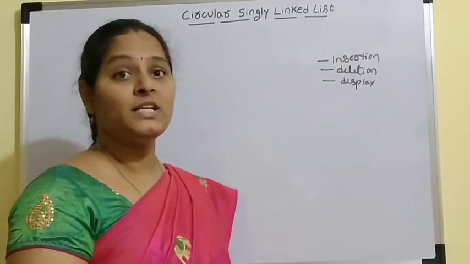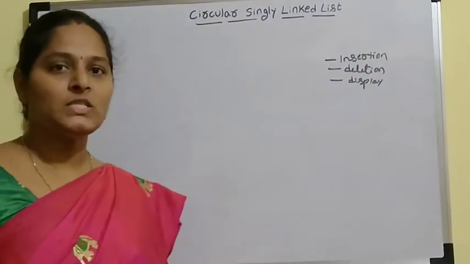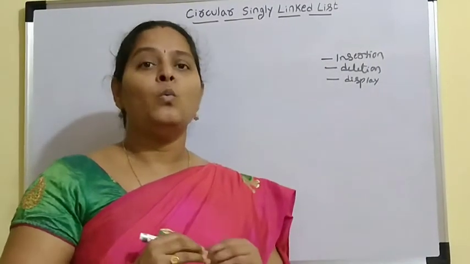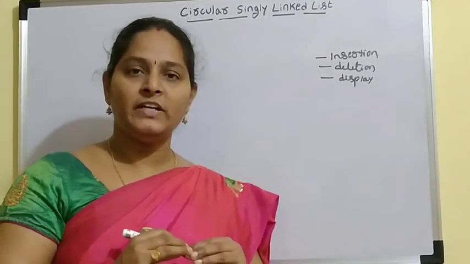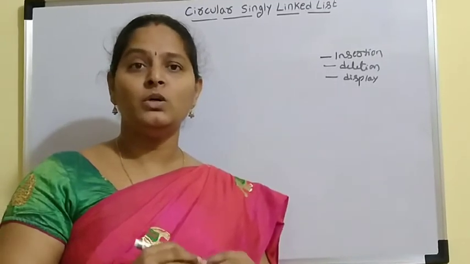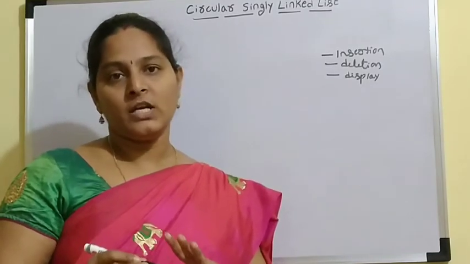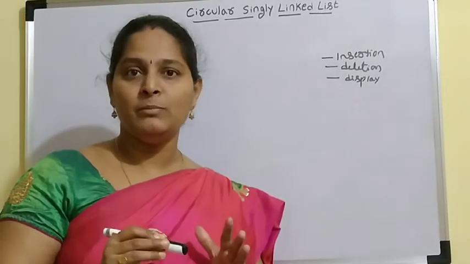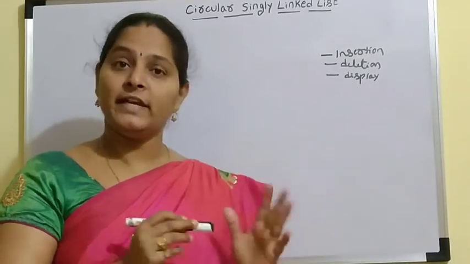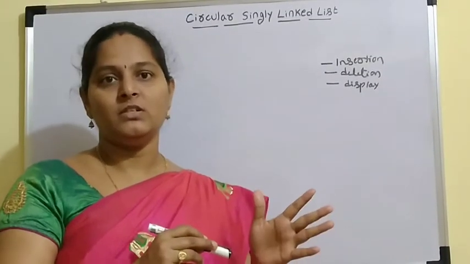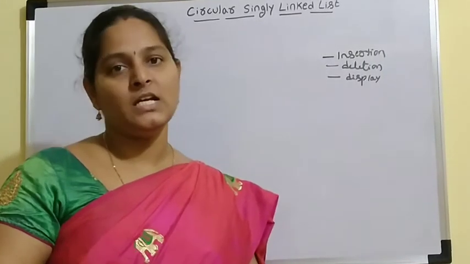So first I will discuss the insertion operation. Before looking into it, first I will revise the concept of circular single linked list. Why we need circular single linked list: if it is a single linked list and you want to visit any node, we need to traverse from the beginning. Suppose you are in the middle position and want to visit the previous node, then we cannot come back. Again we need to traverse from the beginning only. So to overcome this drawback, we need to use circular single linked list.